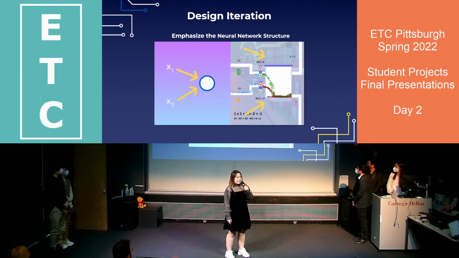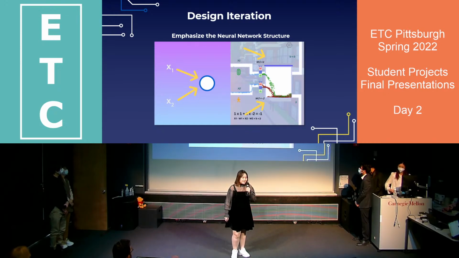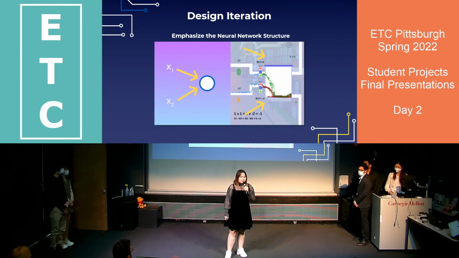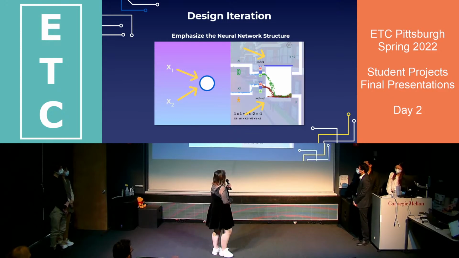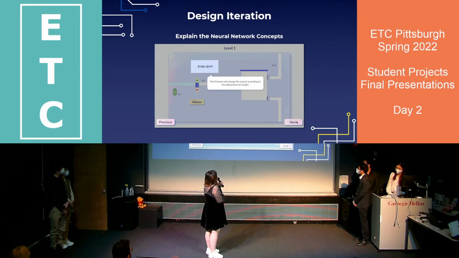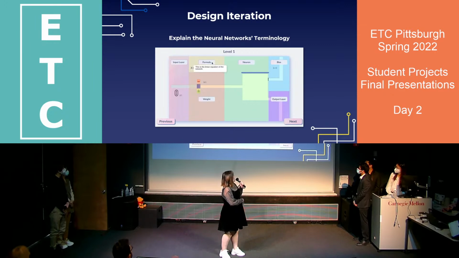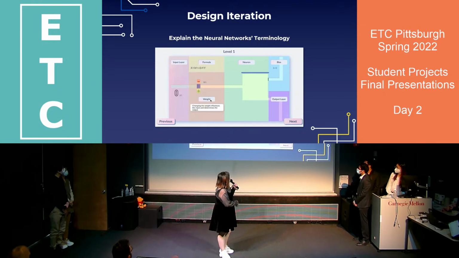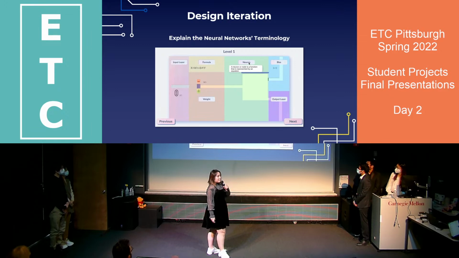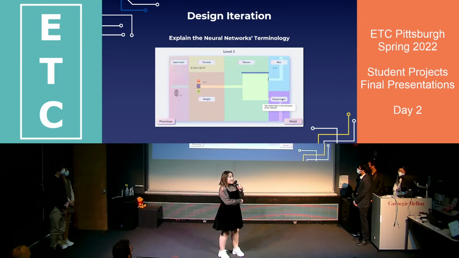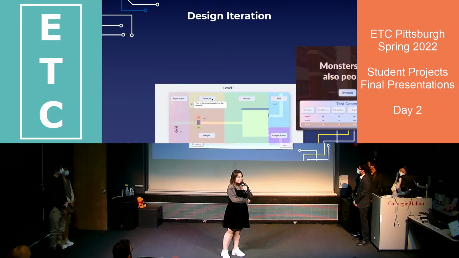Our next design challenge is that the neural network graph is a terminology in itself. How to make the target audience remember it and understand it? We came up with putting it in the introduction video and tutorial pages. However, during the playtest, we found the clients still could not get that and remember it. Then we added one more explanation way, the structure map and the hover function, to help the client understand and remember the neural network terminology.